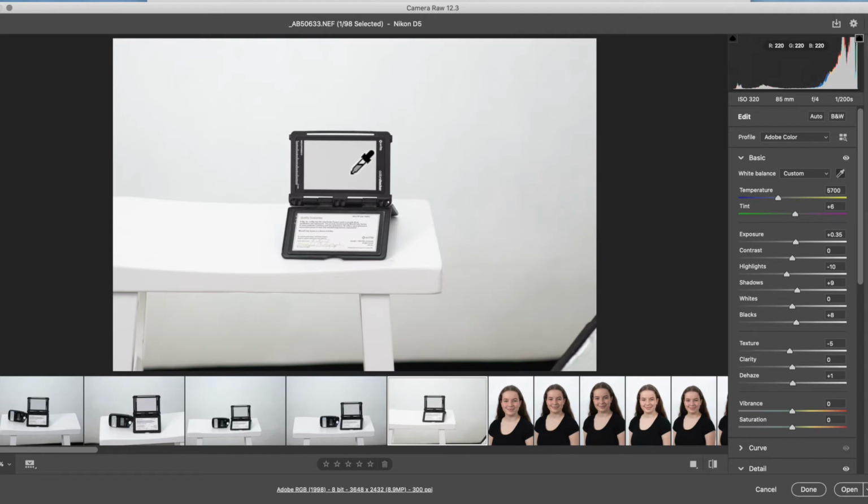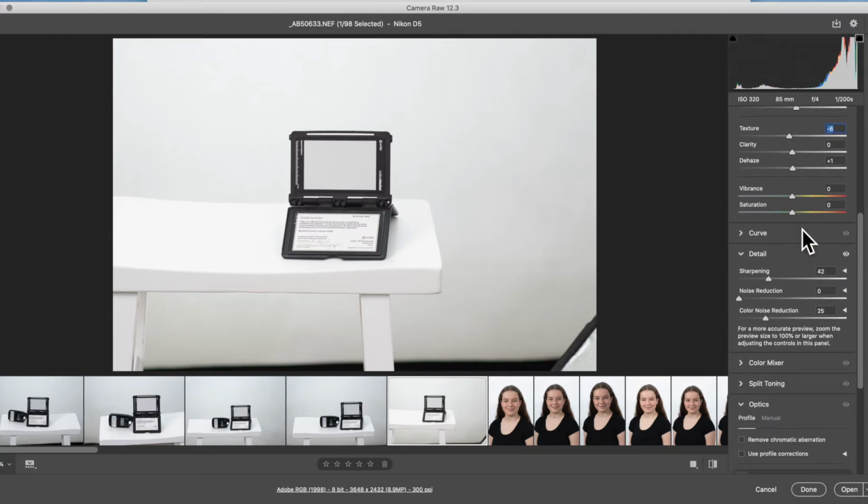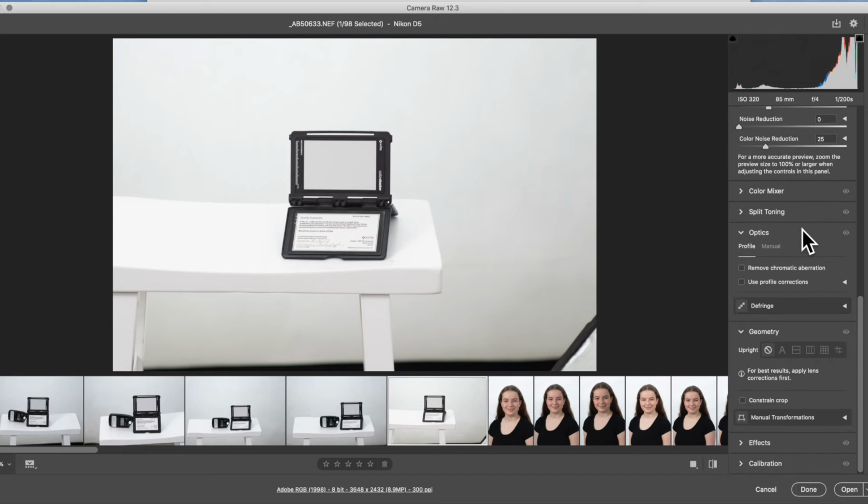Right, if I want my luminosity to change, I'm going to make a couple of settings here. I've just pushed my luminosity there. I've lowered my highlights slightly. My texture I've brought down. Some people want it really, really sharp. I actually don't. I bring it down just slightly. I dehaze, you can if you like, but sometimes it takes the white background away. We'll have a look if we need dehaze later. Scrolling down here,